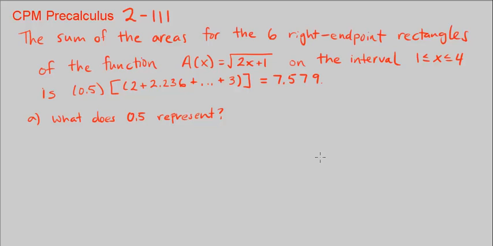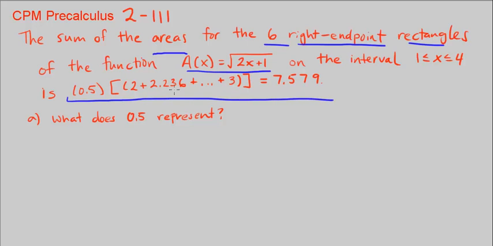This is CPM Precalculus Chapter 2, number 111. The sum of the areas for the 6 right endpoint rectangles of the function a of x equals the square root of 2x plus 1 on the interval 1 is less than or equal to x is less than or equal to 4 is 0.5 times the quantity 2 plus 2.236 plus ... plus 3 equals